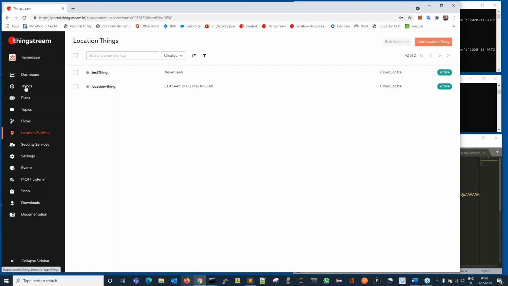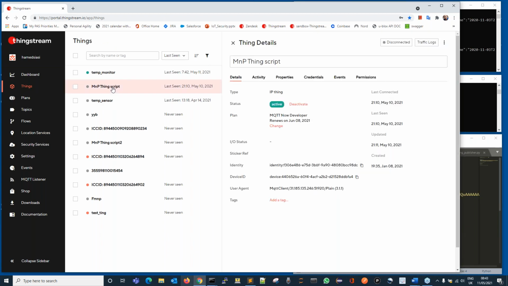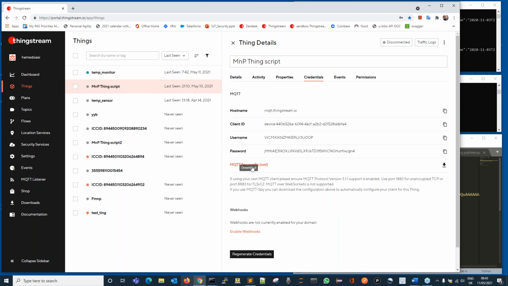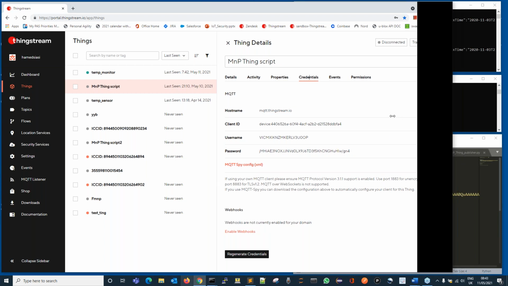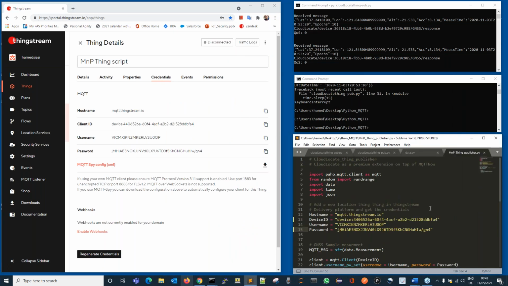So what you do here is create an MQTT thing, which is as simple as an MQTT client, and you receive the credentials as we have seen, and you can download and add them there. I have already put them inside my client, so this one here. So if I run this script,